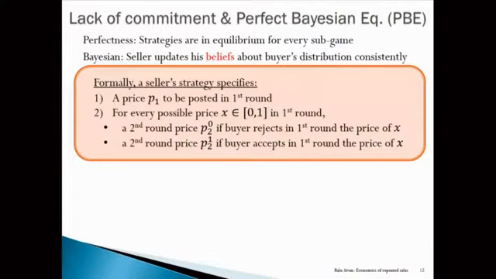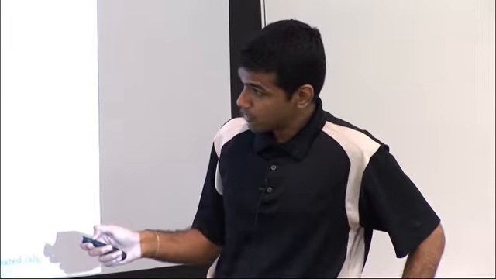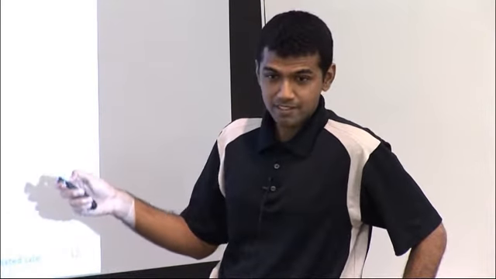Right? Now I give you 2 objects in hand, buyer strategy and seller strategy. Given the buyer strategy, your belief updates about the distribution should be consistent with the buyer strategy, and the seller strategy itself should be optimal given his beliefs. Okay? So in other words, in full glory, the seller strategy is as follows. It should specify the price to be posted on the first round. For 2 rounds I'm specifying this, price on the first round. Then for every possible price he could have posted on the first round, he should tell you what is the price he will post on the second round if the buyer rejects this price of X, and what is the price on the second round if the buyer accepts this price of X. Okay.